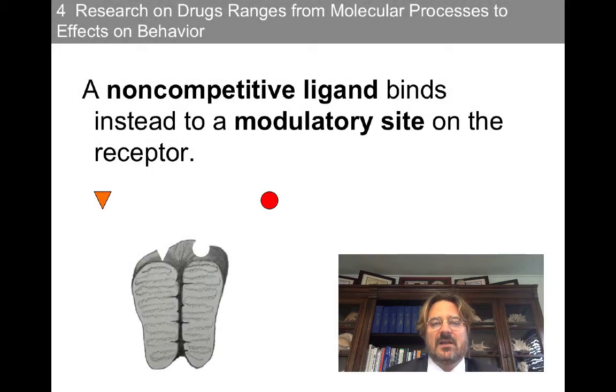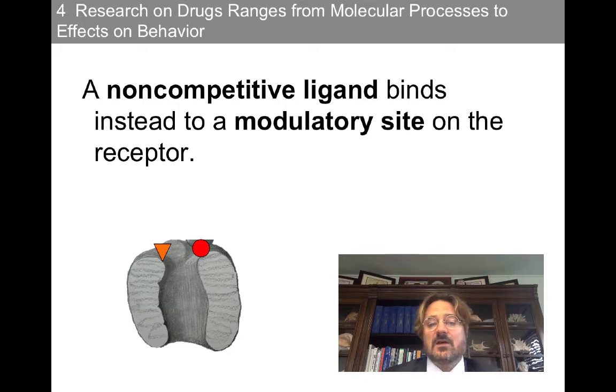Now, non-competitive ligands bind instead to modulatory sites on the receptor. You see how you have these two sites on this receptor, and you have two different types of non-competitive ligands. This is something we see when we look at the GABA receptors that benzodiazepines bind to, where we have all different binding sites. So ligands can bind to different parts of the same receptor,